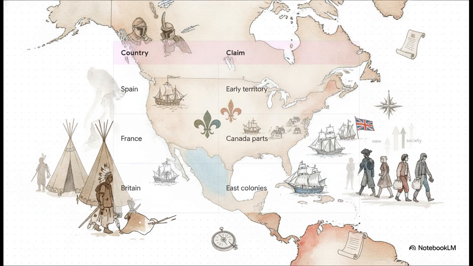Spain jumped in early with major land claims. France scooped up massive swaths of territory, including what's now Canada, and Britain established these huge, sprawling colonies right along the eastern coast. Now, while this tragically displaced the Native American populations who already lived there, the colonies simultaneously became a haven for persecuted Europeans who were desperately seeking equality and a fresh start.